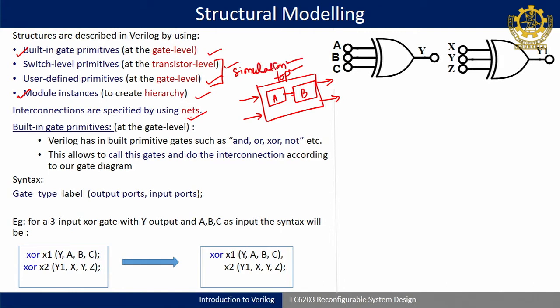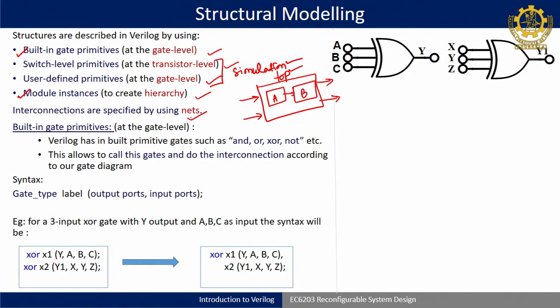You can say either it is the merit or demerit of this, but anyway transistor level has to be modeled in Verilog, so that is why these two are there. But they do not have any relation to synthesis. So that is why we will see the first and fourth in this class.